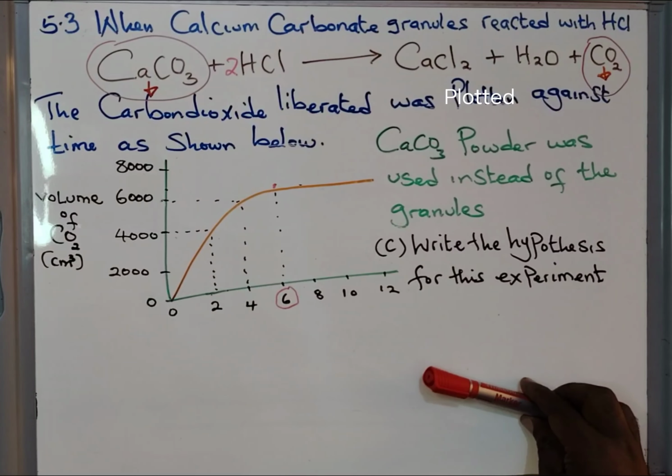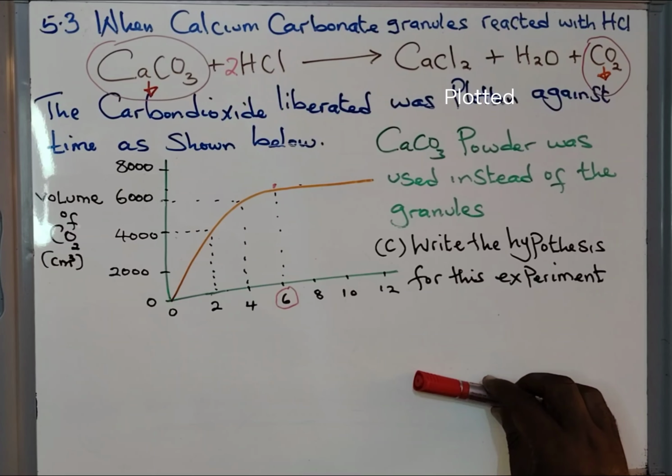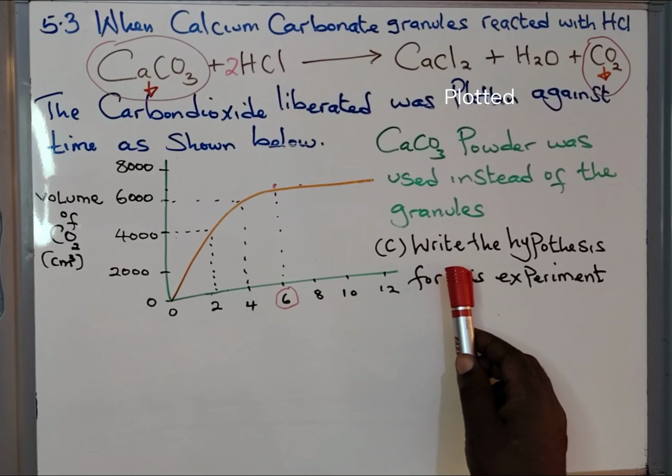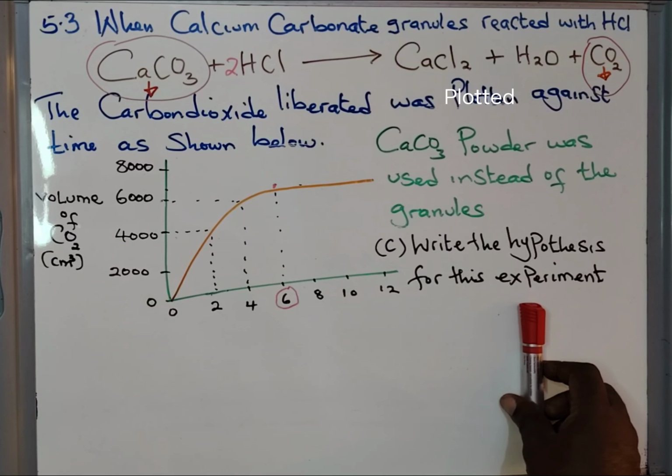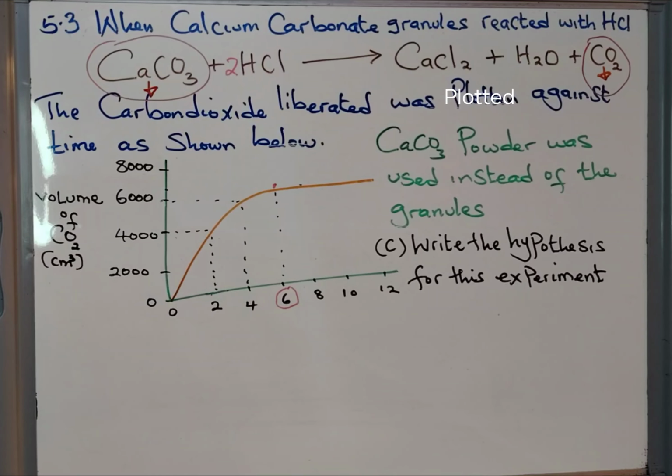So we come to this question. It says write the hypothesis for this experiment. And what is it? You have to know that a hypothesis is a wise guess, but it must include the two variables, the independent and dependent. So how can we put it? We can say